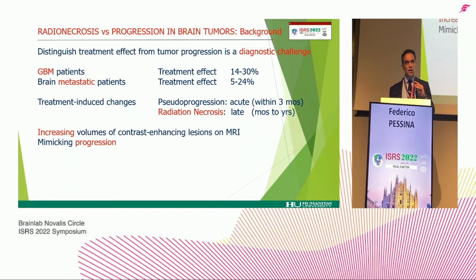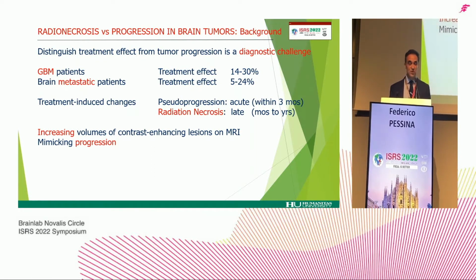So, to date, both radiation necrosis and recurrences are a main issue in neuro-oncology, and the capability to distinguish these two entities represents a diagnostic challenge. We can see in these slides how the treatment effect in the two main entities of intrinsic brain tumors, so glioblastomas and brain mets, occurs in a percentage between 5 and 30%, considering that both entities